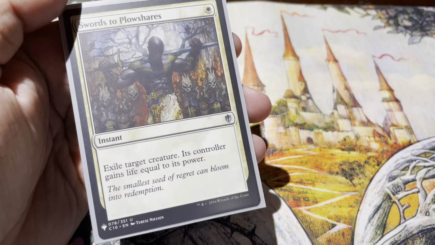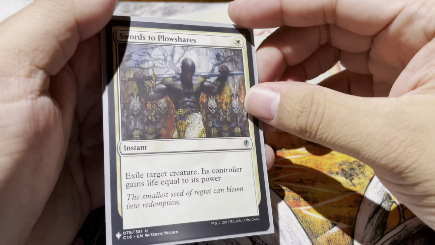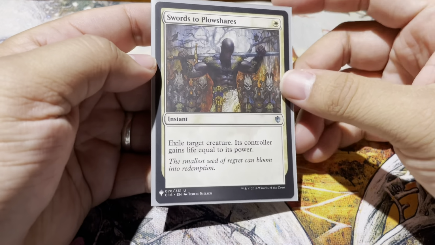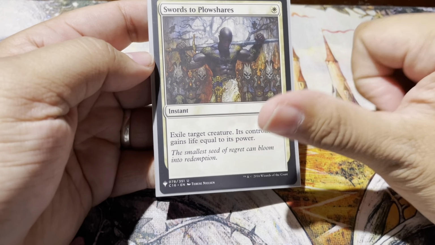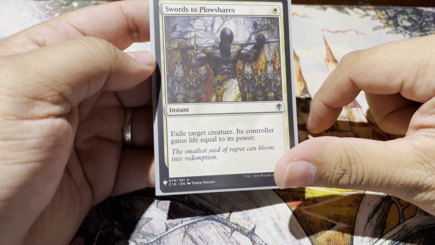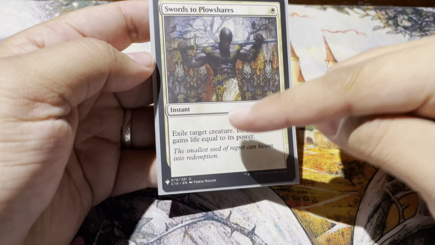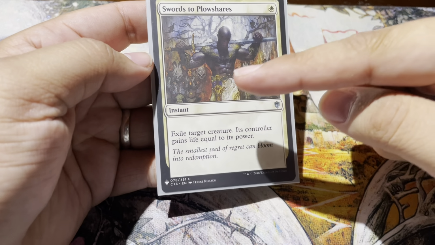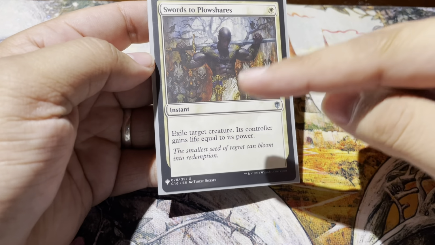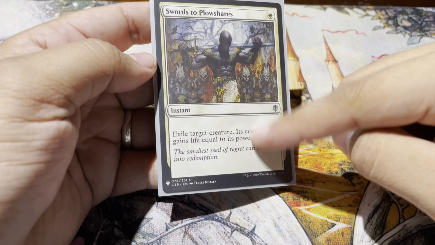Swords to Plowshares. Exile target creature. Its controller gains life equal to its power. Now, if you are new to Magic, never be afraid to either use your life as a cost or give a little life to your opponent, because it's always going to be a plus for you in the end, such as this. If they've got a creature that you just cannot get off the board, it's indestructible, it's been threatening you for way too long, you exile it for 1,